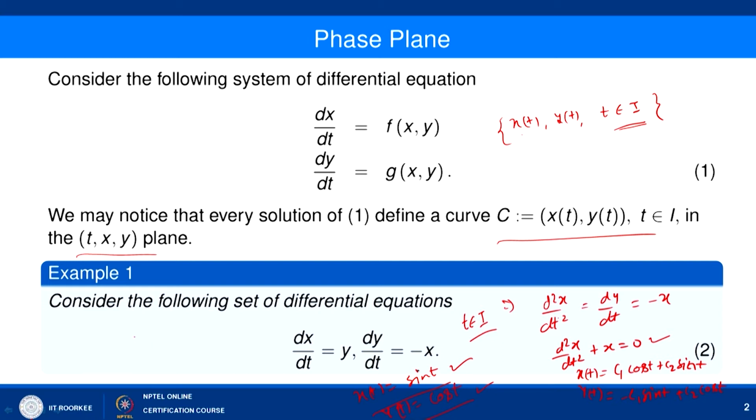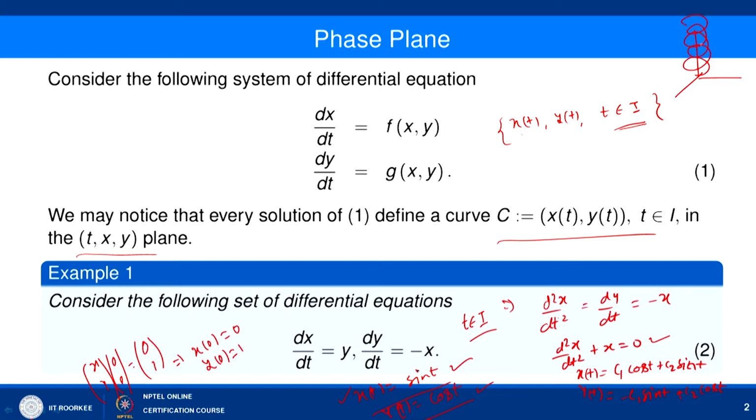Now, if you impose a certain initial condition, for example, let us say that (x, y) at 0 is equal to (0, 1), then we can find a particular solution here. So, we are imposing the condition that x(0) equal to 0 and y(0) equal to 1, and let us say that the solution for this initial condition is given as x(t) equal to sin t and y(t) equal to cos t here, and so this will trace a helix in 3 dimensions, and so it will trace a path like this.